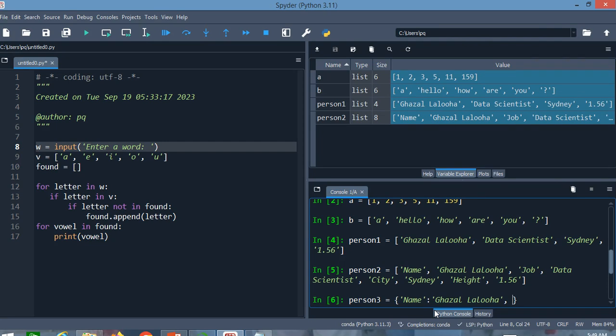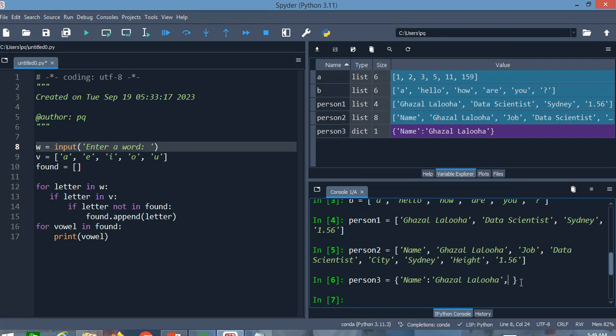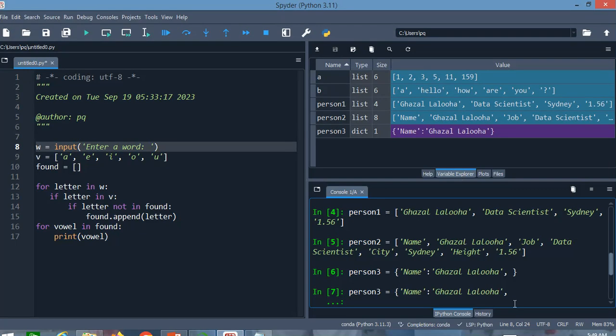For better readability, each pair can be placed under the previous pair, but it is not obligatory and you can write them next to each other. You can write, for example, like this. You can write it in this way. For example, job, data scientist,